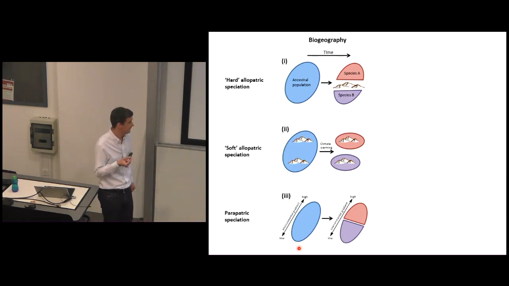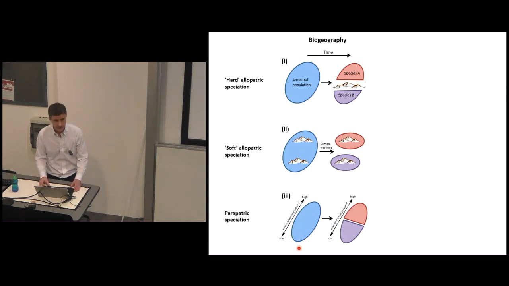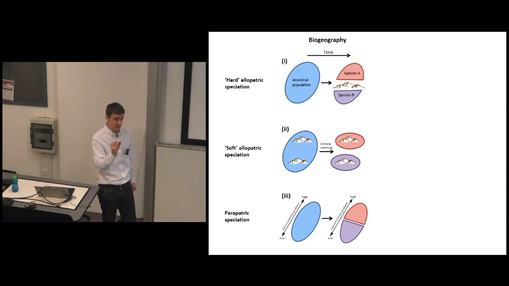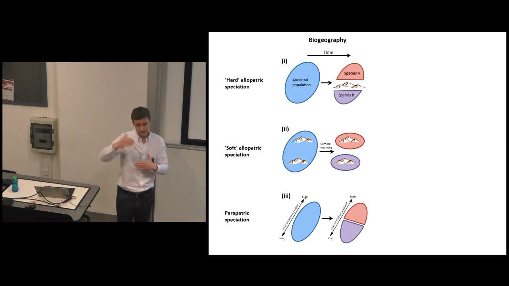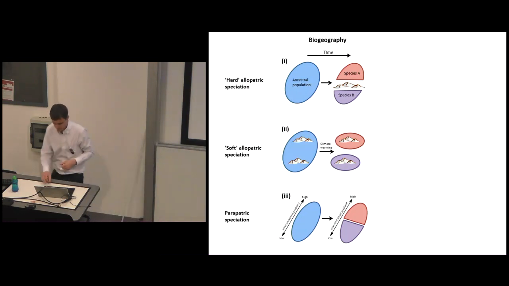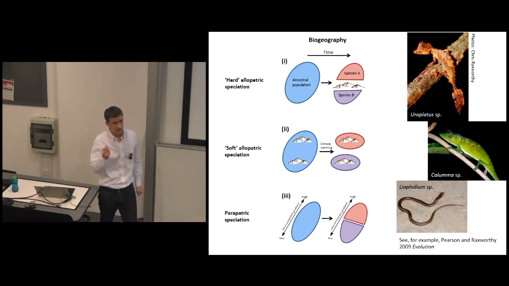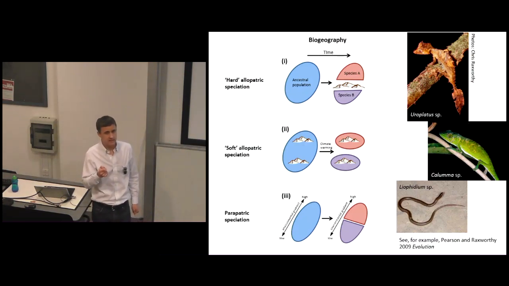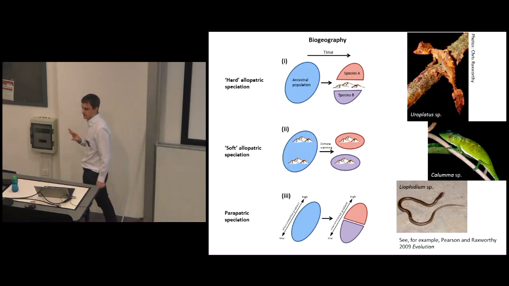Theoretically, it can occur, but it's been really hard to identify in nature, and its frequency is really very poorly understood. And yet, if we look at the distributions of many of these amphibians and reptiles, their current distribution is often arranged in bandings along environmental gradients, as I'll mention in a moment. So we can look at present-day patterns of endemism and associate them with these kinds of distributions.